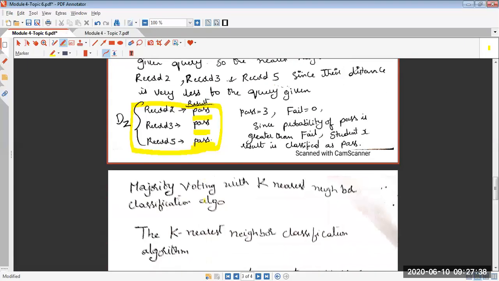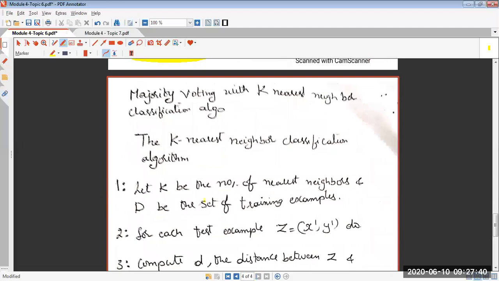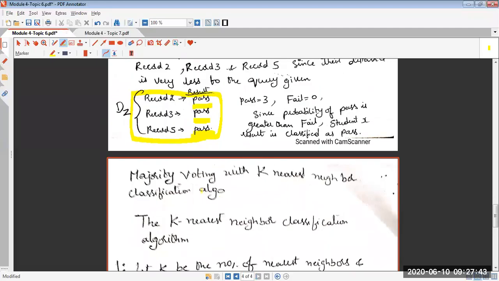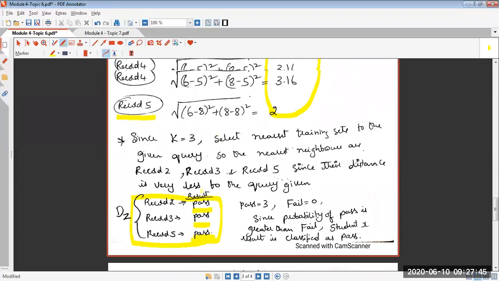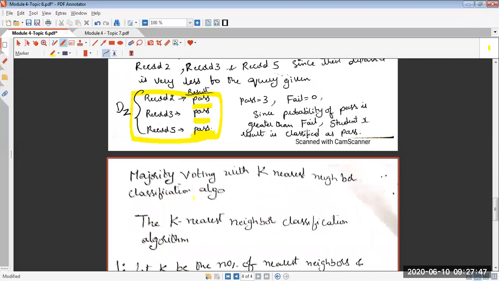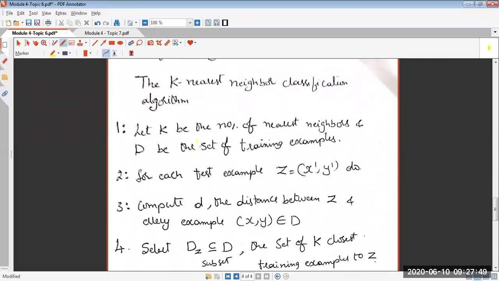So we had already seen this. And whatever theoretical aspects were discussed, and whatever problem we had explored, a summary of it you will see at the end in the form of an algorithm. Okay. So this is where we actually had to start. So this is the k nearest neighbor classification algorithm.